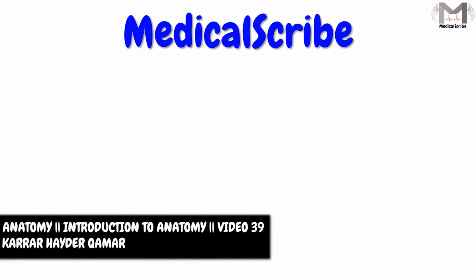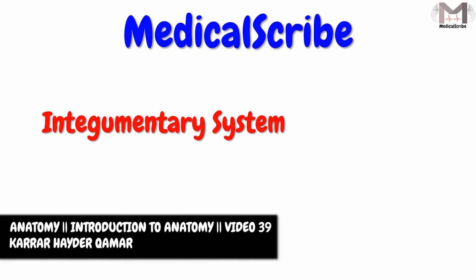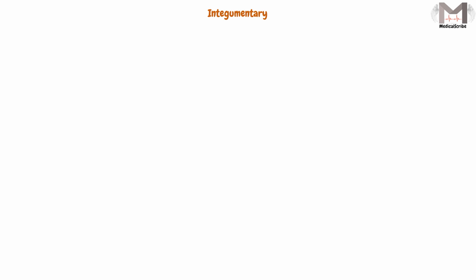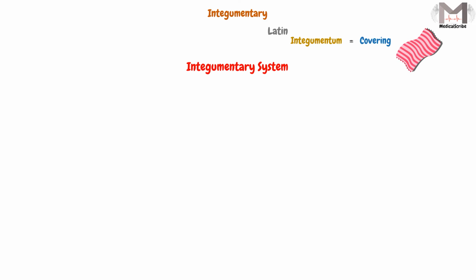In this video we will talk about the integumentary system from an anatomical point of view. The word integumentary is derived from a Latin word, integumentum, which means covering. So we can conclude that the integumentary system is a set of structures that make up the outermost layer of